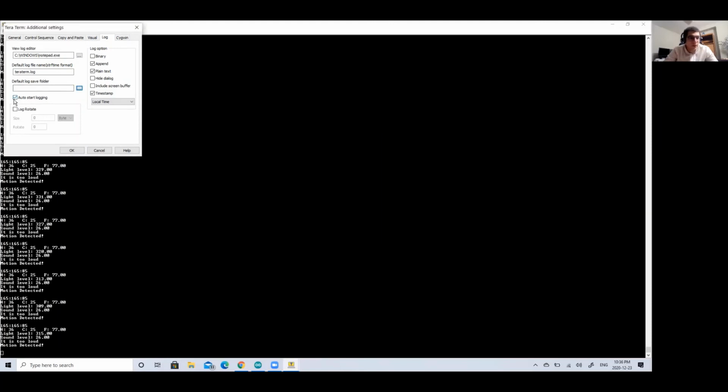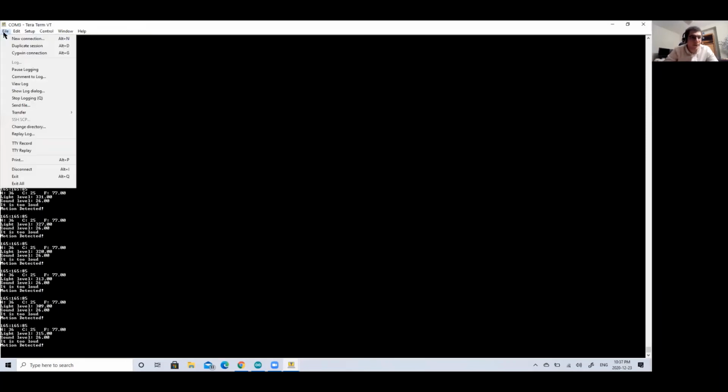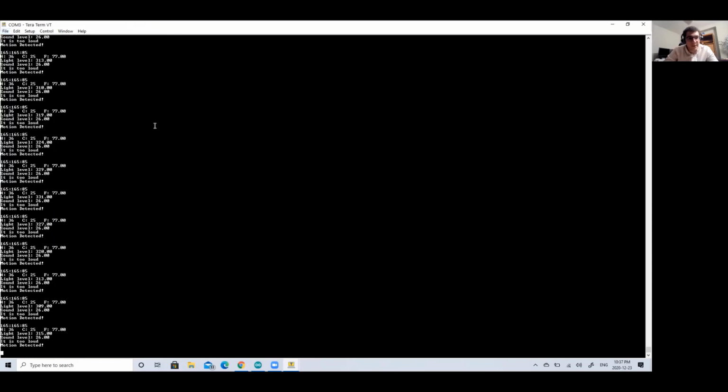You also need to select a default log save folder for that, and in this case I do not want to set that. You can also change the default name. Keep Notepad as your opening program. That should be ready to go. Let me just double check. It's still logging on the same file, but I'll just press reset again